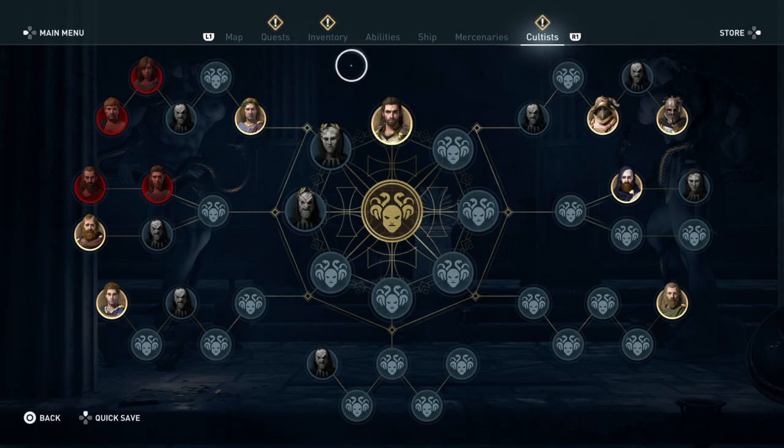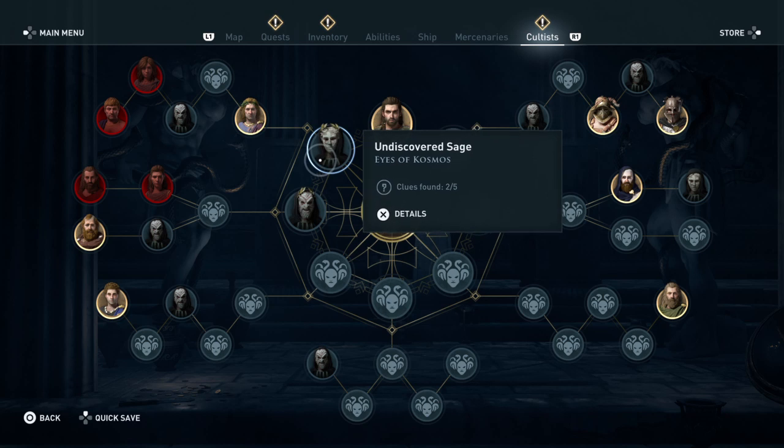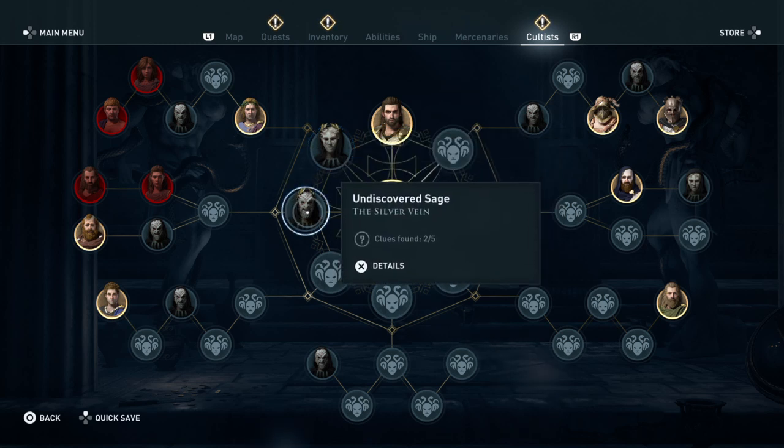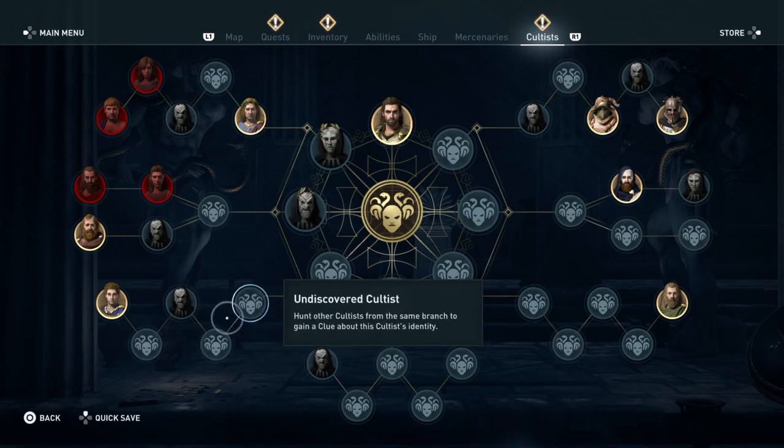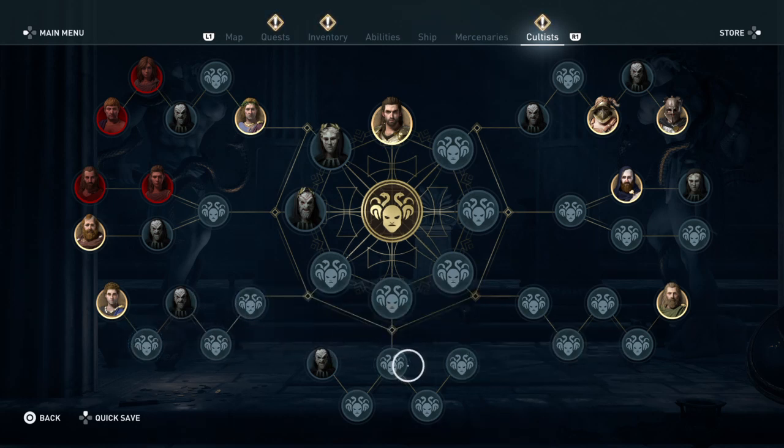Then each one of these, this is the Eyes of Cosmos, so they're like spies dealing information. The Silver Vein deal with the money, the economy side. The Peloponnesian League are centered around Athenian politics. The Delian League centers around Sparta and the other allied groups against Athens.